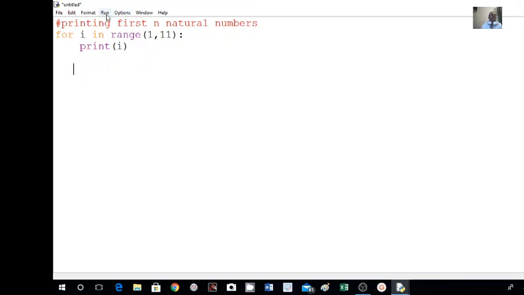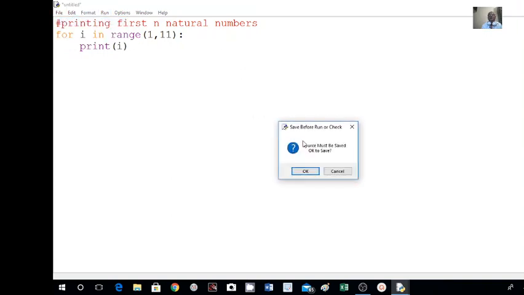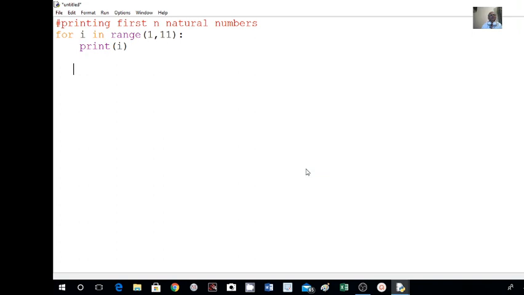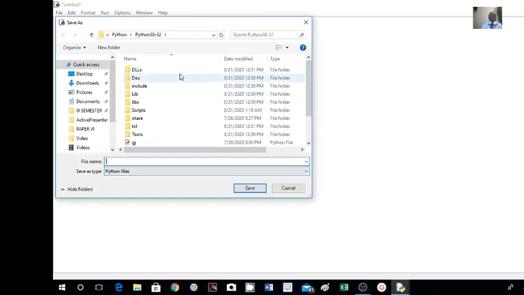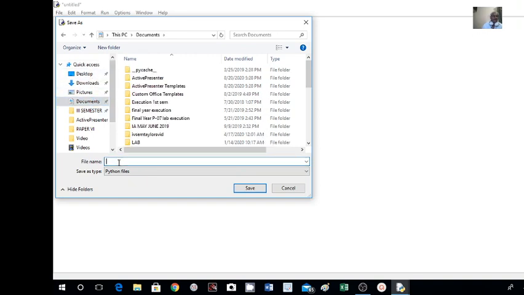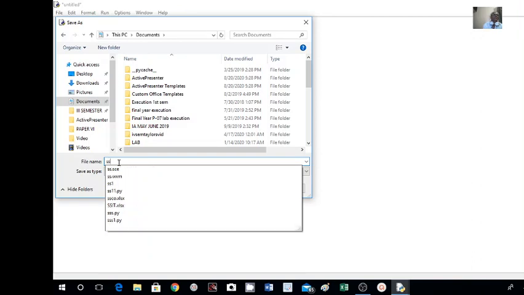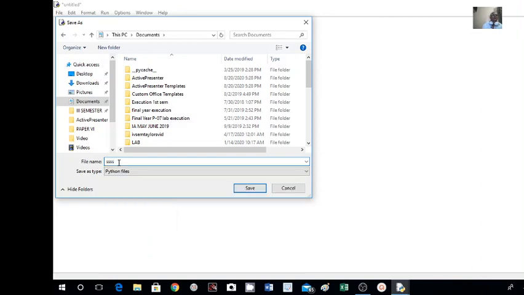I will run this program. The Run option is here. I click on this one. Run Module is there; F5 is also there, you can use that. Okay, I will click on Run Module. Then the source must be saved, so I have to give a name to this file the first time. In Python 3.8, anywhere you can save; if you go to Documents here, you can save in Documents also. I'll write a name, then save, right?